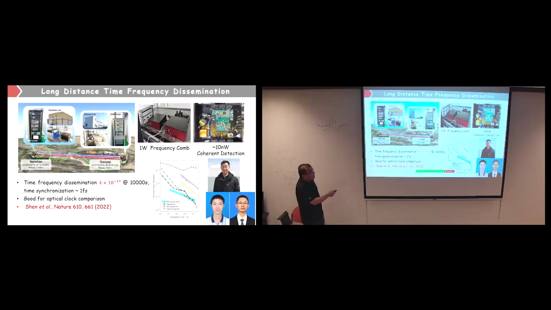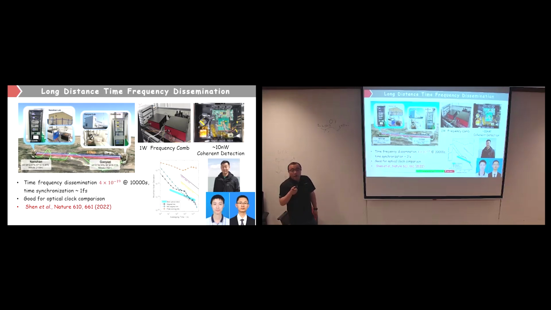And this experiment demonstrated the feasibility, because the loss for the 100 kilometers is much larger than from the ground station to the GEO, even larger than to the GEO satellite. So this tells us our system can work for that purpose. It means we can compare the optical clock on the China satellite with the ground station, and that one with the US or PTB, or wherever there is a clock.